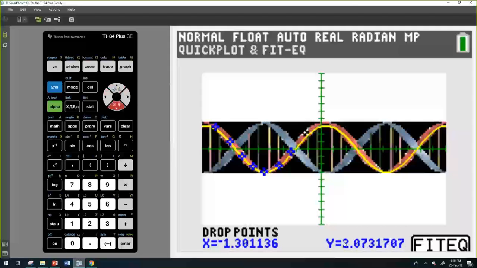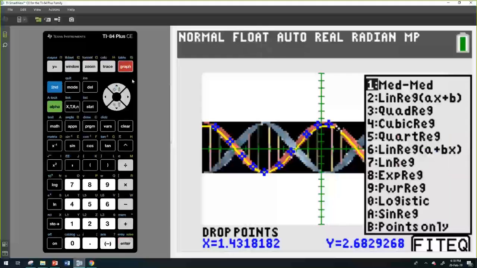And one of the things I've found with students is that the equations that we find by hand are pretty much as close as possible to the ones that the calculator generates, which is really nice, kind of reaffirming for them that they're on the right track. Okay, so if we now go to fit equation, which is that button down there, it's the same as the graph one like we were doing before. If we hit graph, I still want to do a sine regression. So we can go down to A, hit enter,